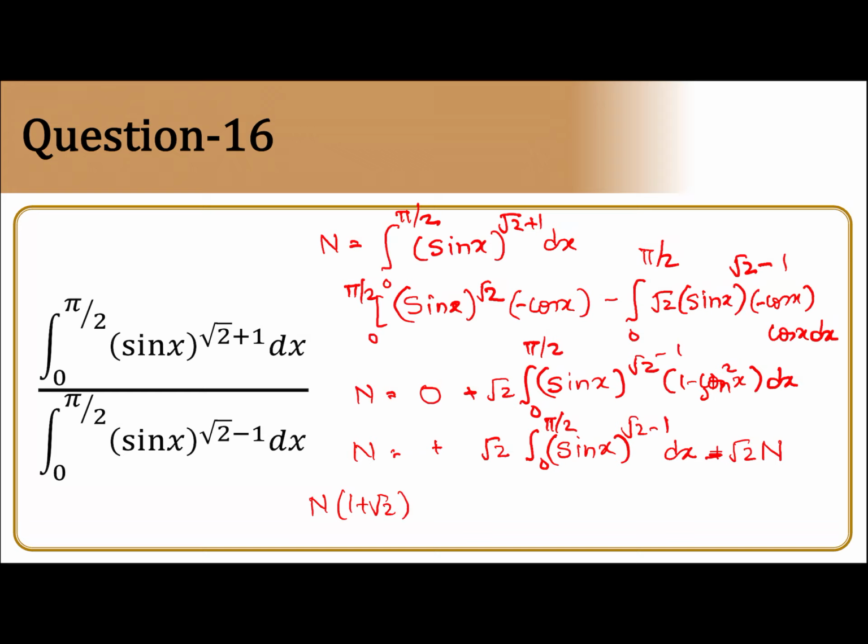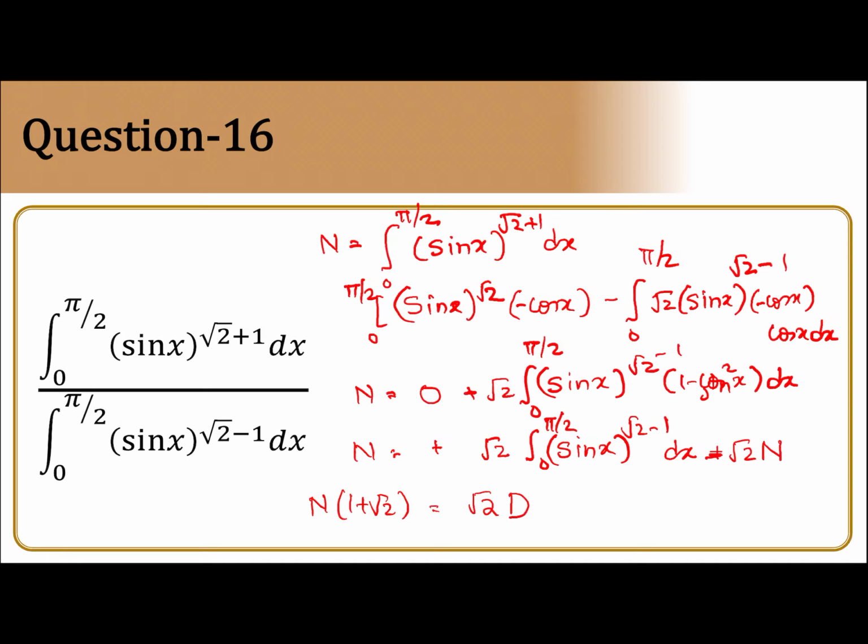Because when you multiply sin x to the power root 2 minus 1 into sin square x, you get the numerator function. This will give you root 2 into 0 to pi by 2 sin x to the power is a denominator function. So numerator, finally numerator 1 plus 2 root 2 is equal to root 2 into denominator. So what is the numerator now? Numerator is nothing but